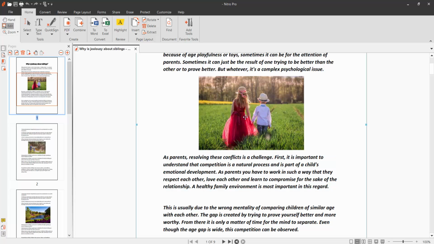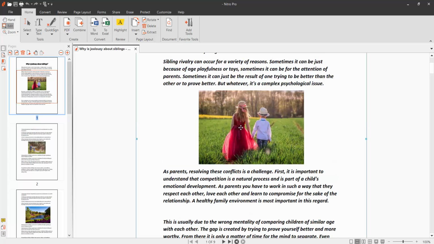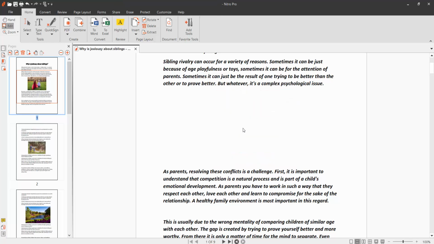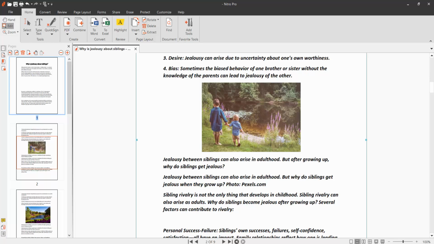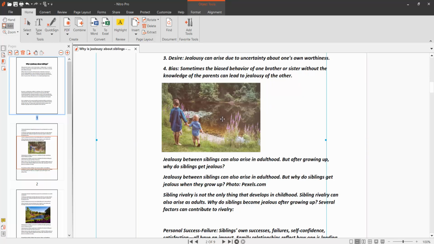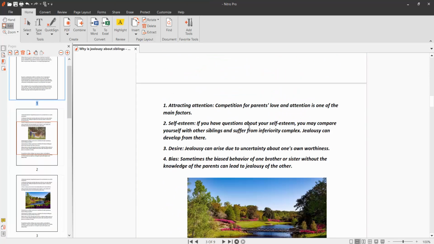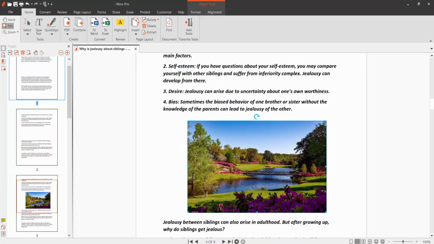Now go to your page and click on this image and select, and press the Delete key from your keyboard. This image is now selected and deleted. Also delete this one: click on this image, and this image is now selected, and select delete. Also I'll delete this one: click on this image, and this image is now selected, and press the Delete key